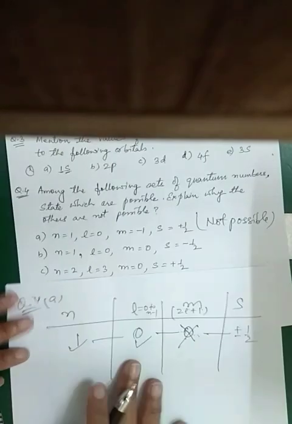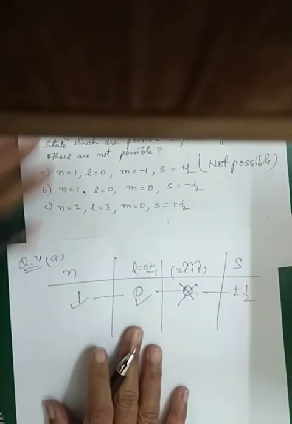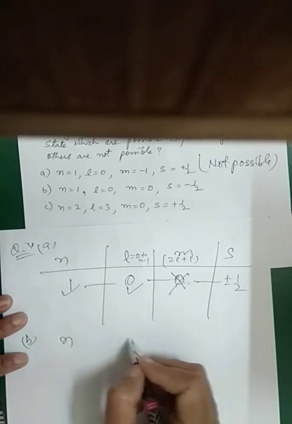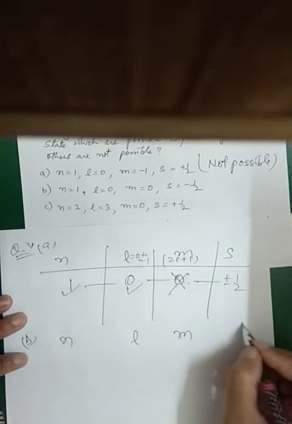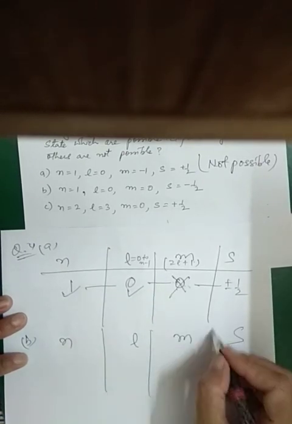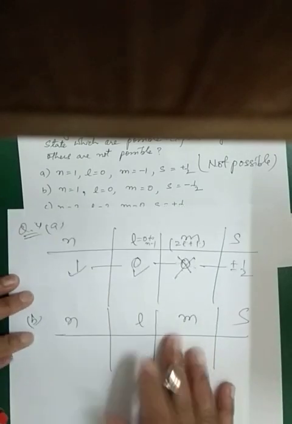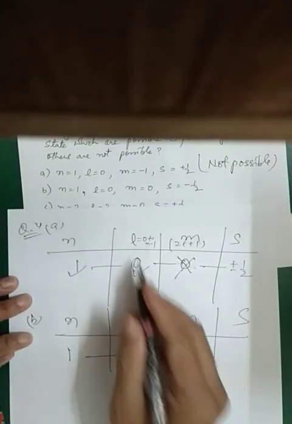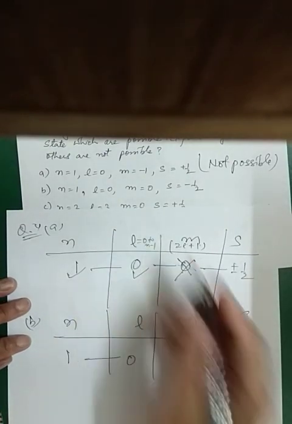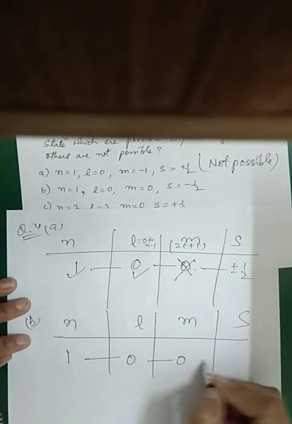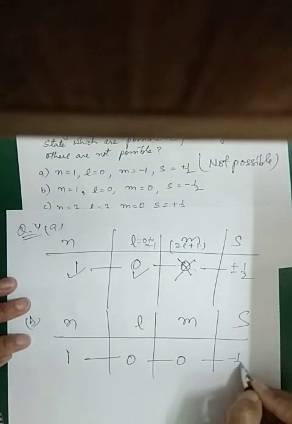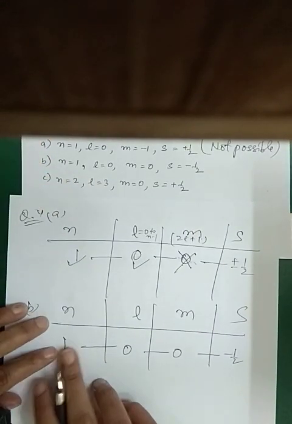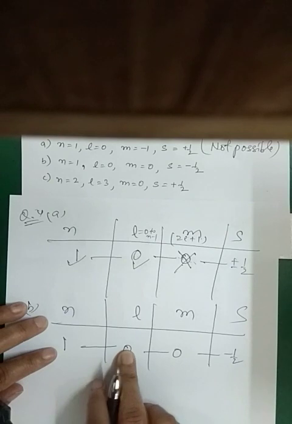This kind of quantum number is not possible. Let's take the next question. N, L, M, S. N is equal to 1, so L will be 0, and M is equal to 0 and S is equal to plus minus half. So this is correct. This is possible because for N value 1, L has to be 0 and for L